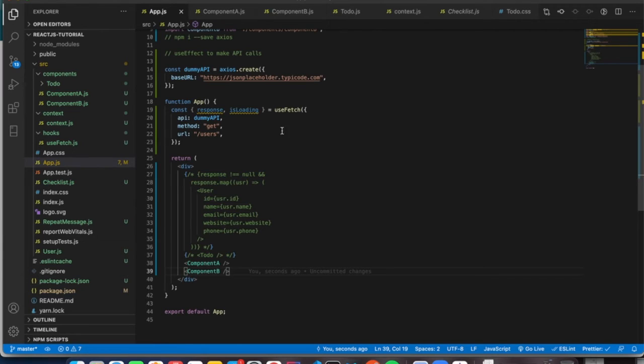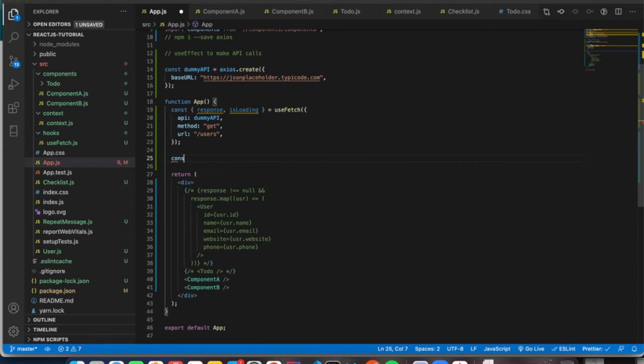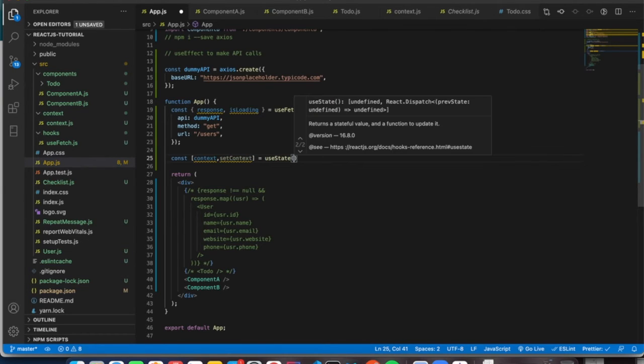What I'm going to do, in order to set the default, is have a useState. That will be context comma setContext, equal to useState, say with a value of default context.